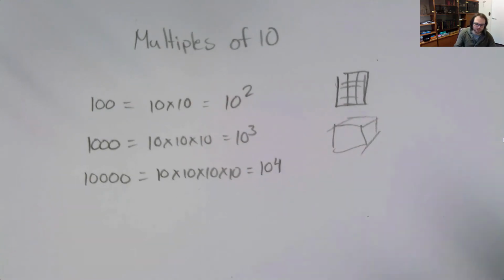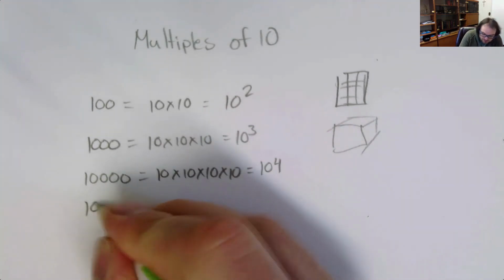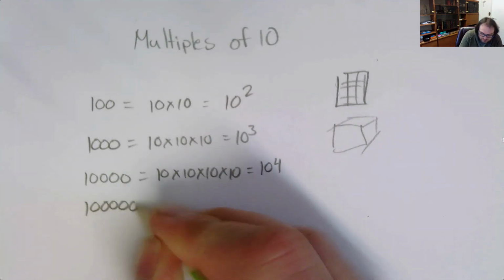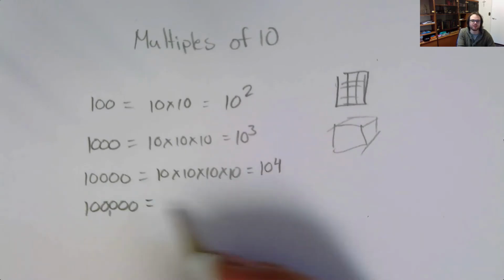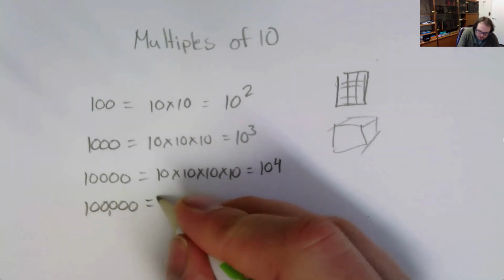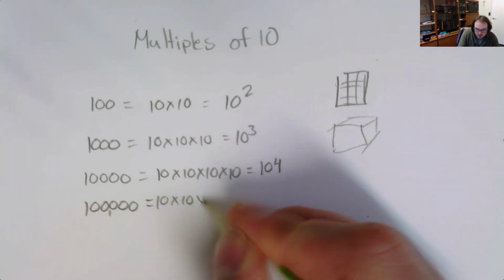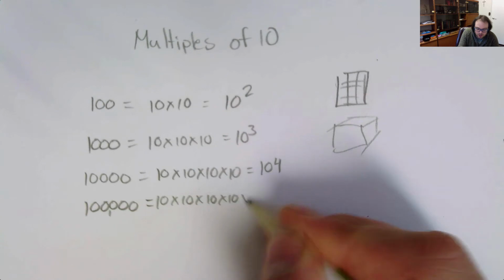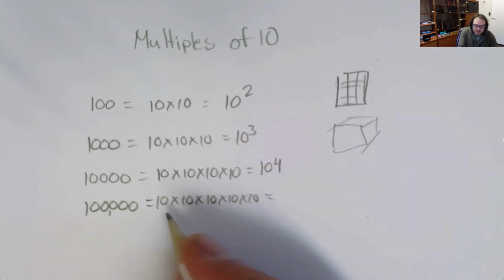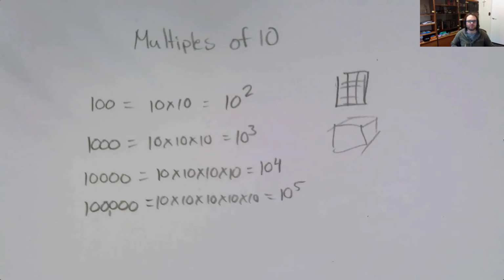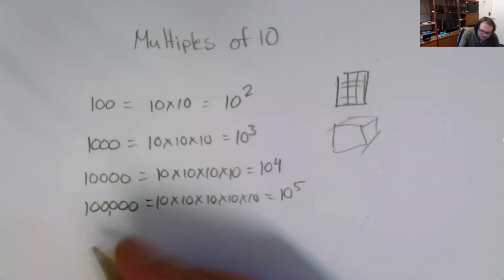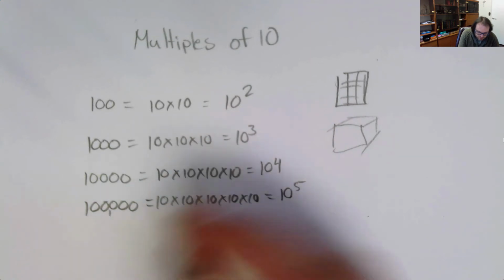I wonder if you could figure out now, what about if I said 100,000? So there's 5 zeros there, or 5 places. Well, that's going to give me 10 times 10 times 10 times 10 times 10. 10 multiplied by itself 5 times is going to be the same as 10 exponent 5. So why am I doing this? Well, scientific notation is something very interesting. Let's say I have a number,